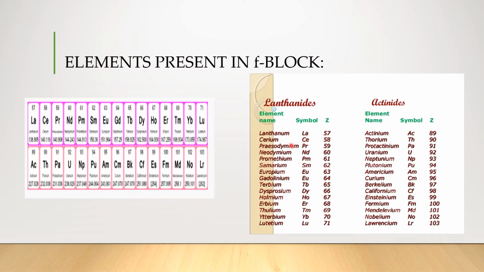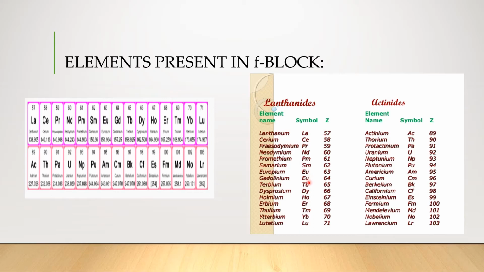And then cerium, Ce, 58. Praseodymium, Pr, 59. Neodymium, Nd, 60. Promethium, Pm, 61. Samarium, Sm, 62. Europium, Eu, 63. And then gadolinium,